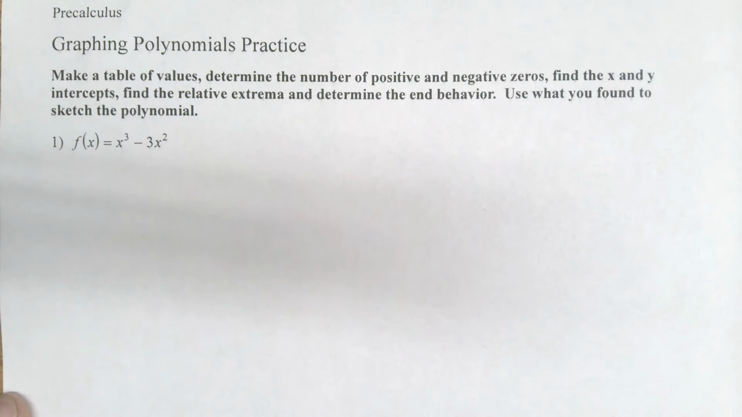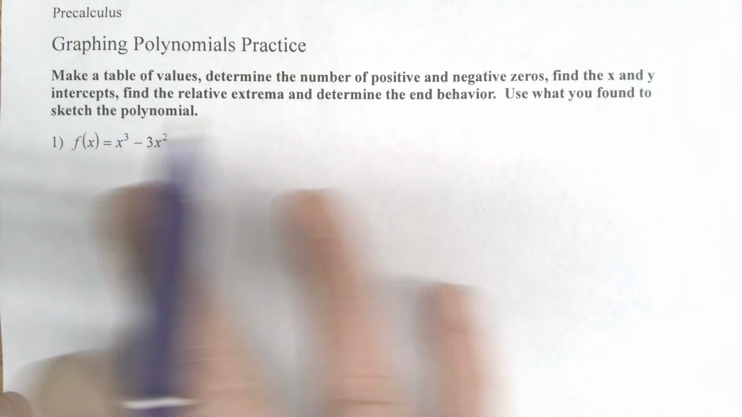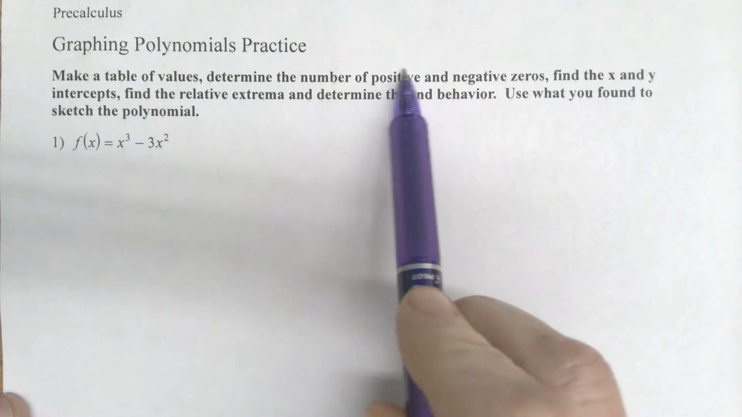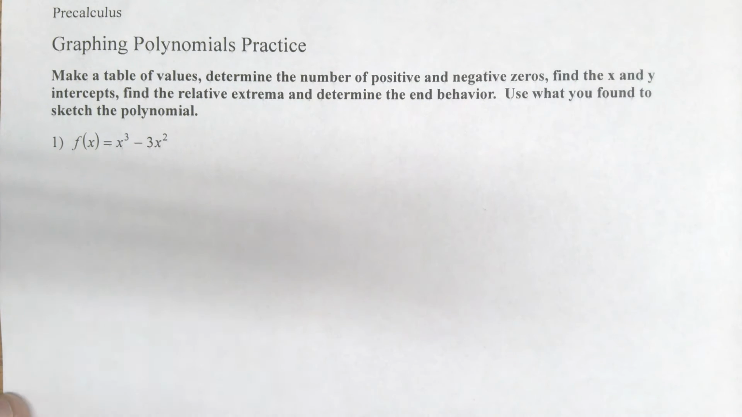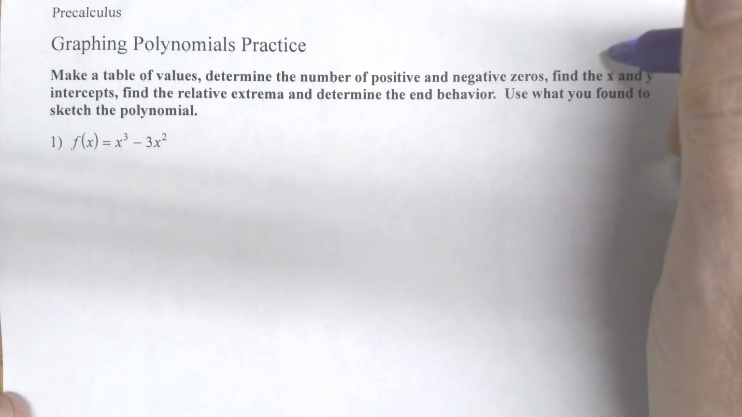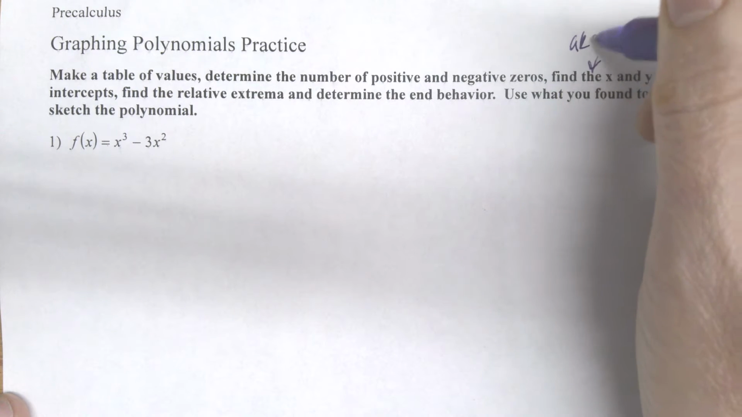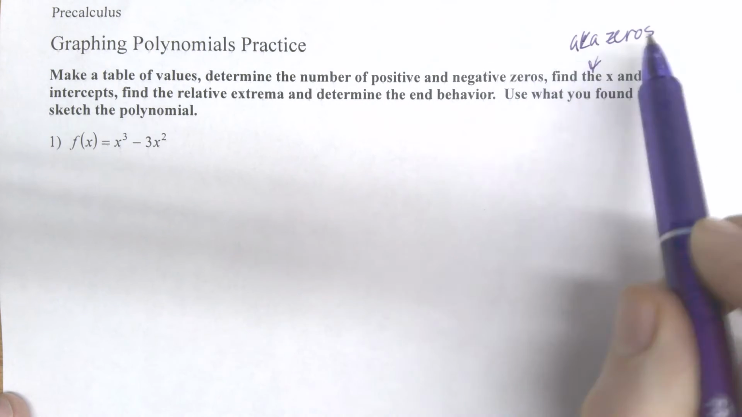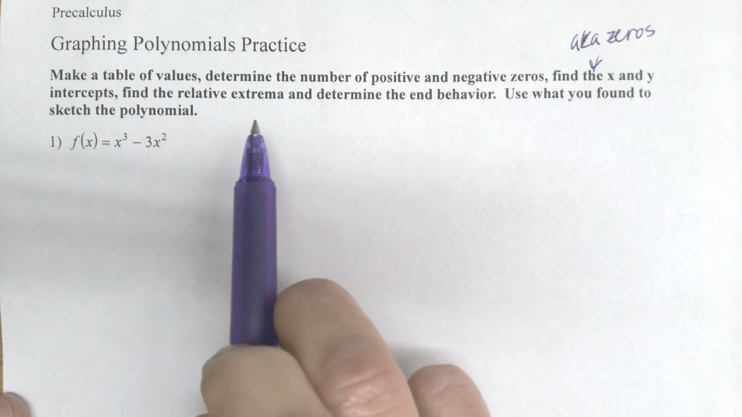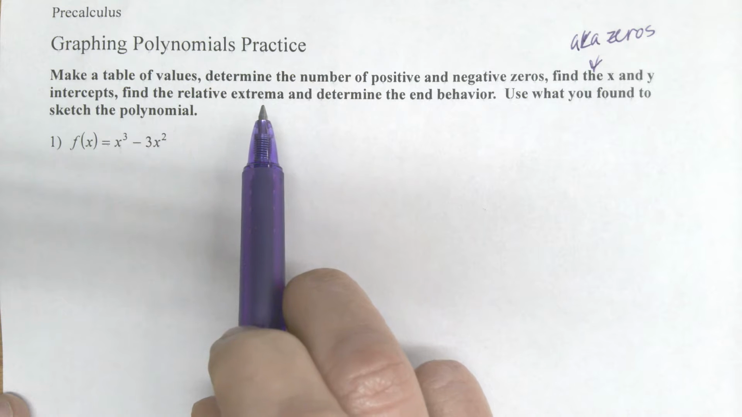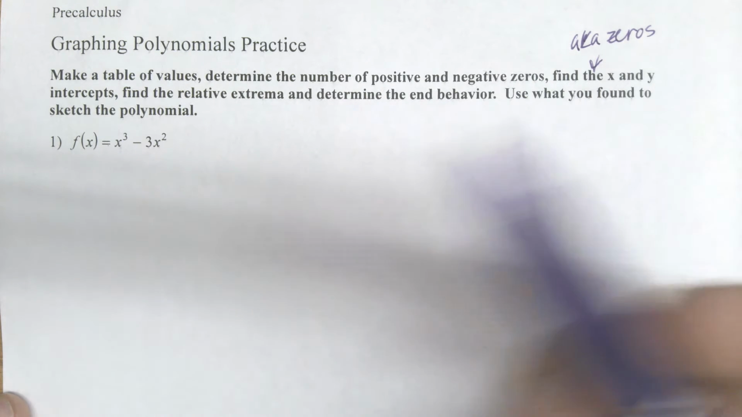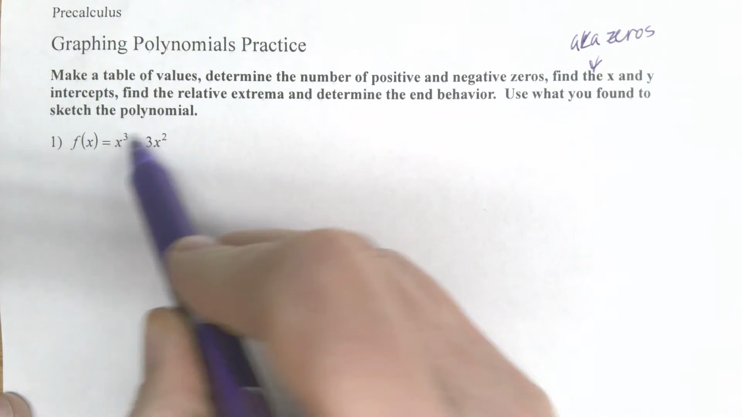We're going to review graphing polynomials. And remember, there's this whole big long list. We need to make a table of values, figure out the positive and negative zeros, find the x and y intercepts. Remember, x-intercepts are also known as zeros, aka zeros. And then we need to find our extrema, our extreme values, our mins and our maxes, and think about the end behavior. I always start when I do a graph thinking about what it's going to look like,